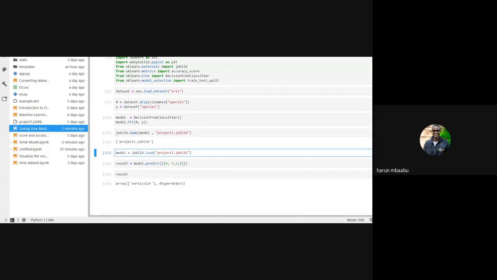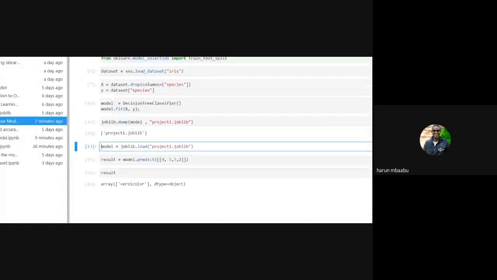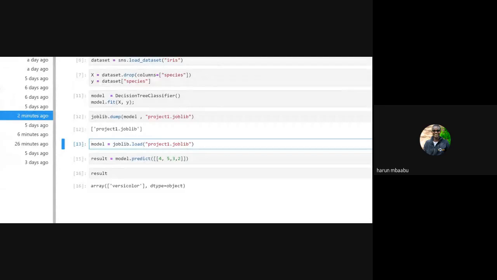The same thing you do here. You create a model, you save the model, then you load the model. You won't fit the model again. You just load the model and use it to make predictions. That's why I made instances of the saved model, and I used the model to predict.